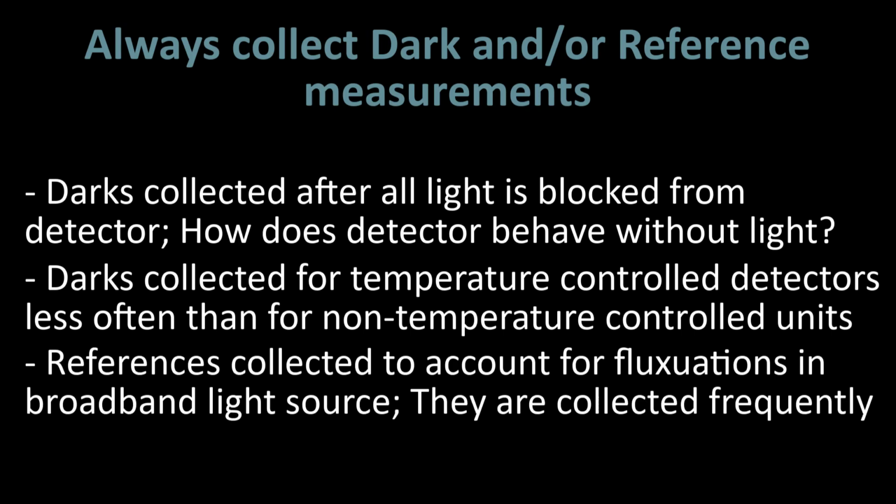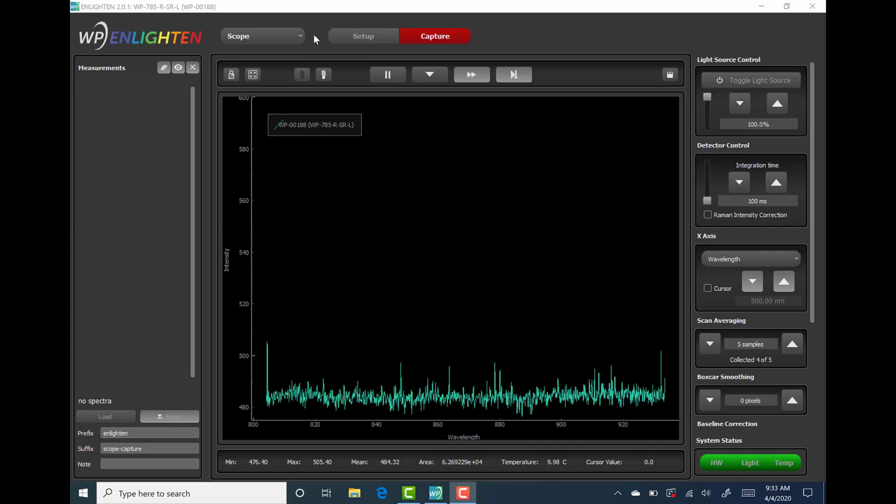A reference measurement is collected in order to account for the fluctuations from the broadband light source only that contribute to the overall spectral measurement. Generally, reference measurements need to be updated frequently because it is best practice to capture the drifts in the broadband light source over time. Fluorescence, luminescence, and any other type of emission measurements can be performed in scope mode, which,